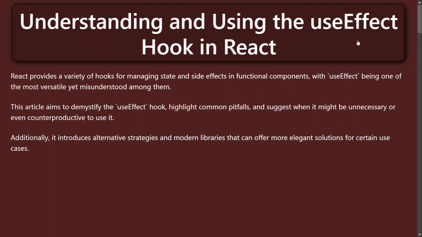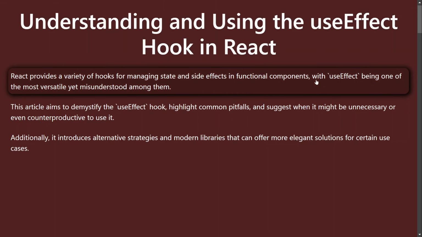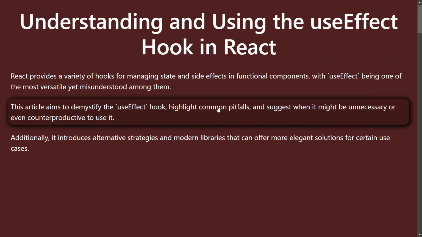Understanding and using the UseEffect hook in React. React provides a variety of hooks for managing state and side effects in functional components, with UseEffect being one of the most versatile yet misunderstood among them. This article aims to demystify the UseEffect hook, highlight common pitfalls, and suggest when it might be unnecessary or even